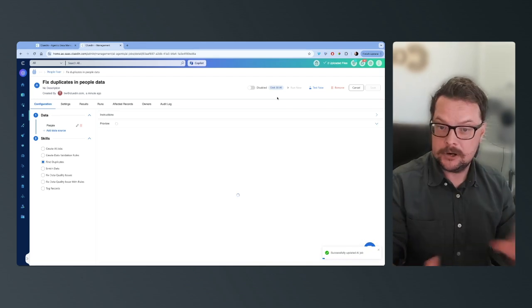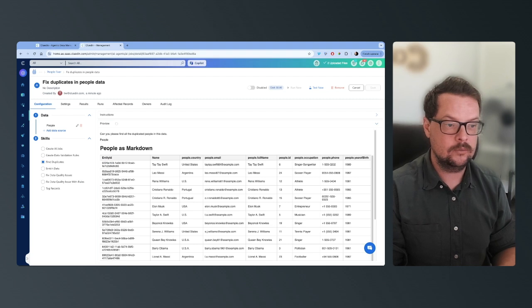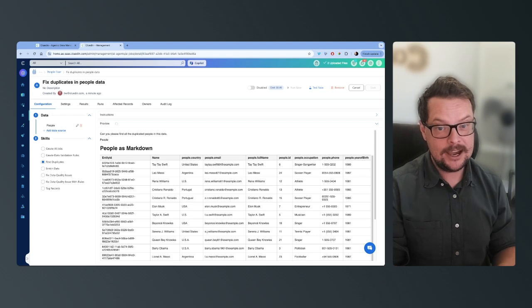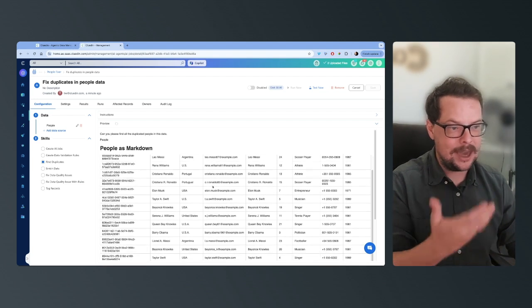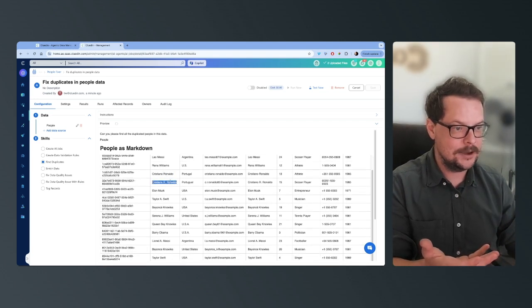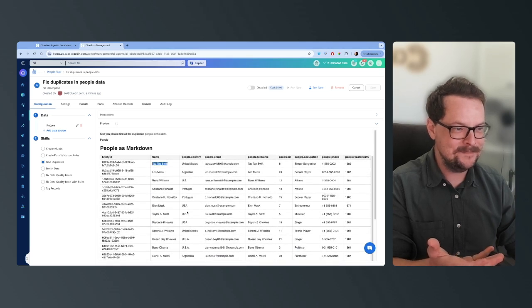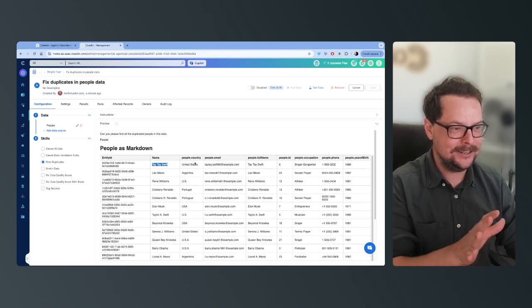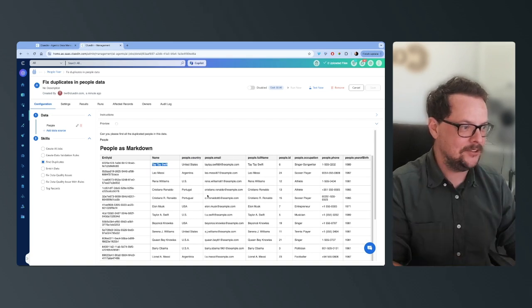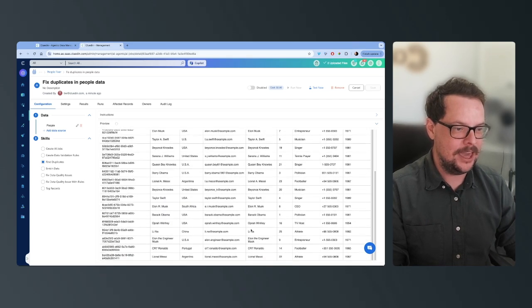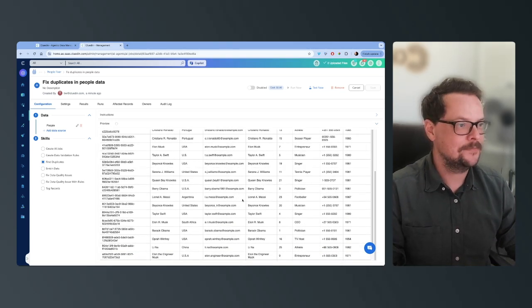So there's a little bit of pre-processing that happens here to make sure that we're preparing the data properly, and we can see that it comes back and says, this is what we're going to be asking. Clearly, we can see some athletes that are the same. We can see some singers that are the same, but using sometimes nicknames. We can see a complete destandardization in some of the values here, making it harder for traditional approaches to solve this problem. And so let's go and take a look at how this runs. So I'm going to turn this on, click confirm, and